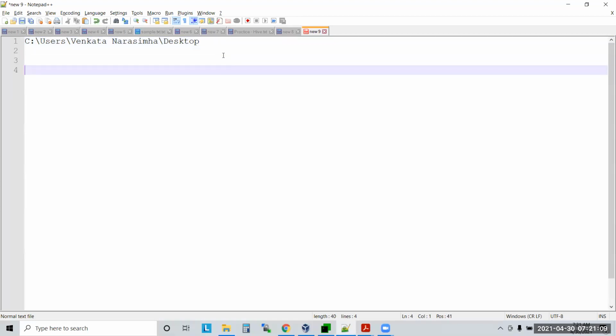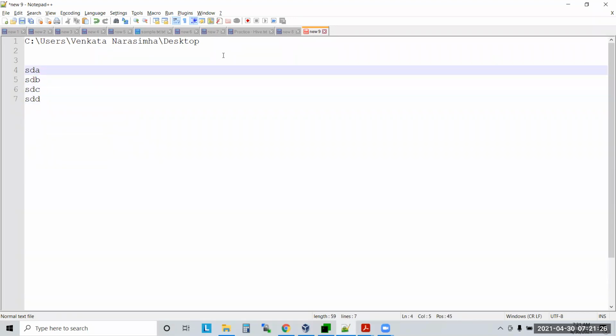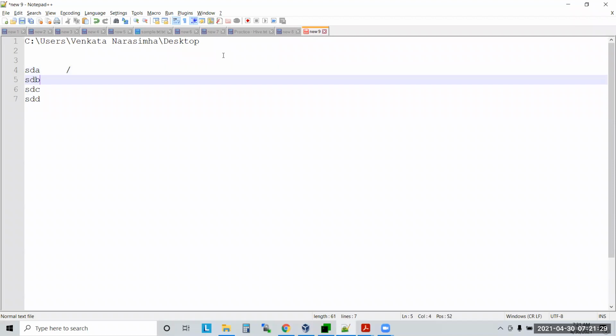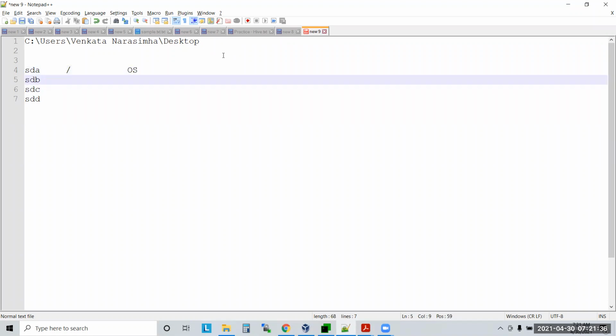But when you start your Linux, what is the location you will see? What is this slash, which is nothing but your SDA. What is slash actually? You have 4 hard disks in each machine: SDA, SDB, SDC, and SDD. So when I say slash, what is slash? It is the OS disk. But SDB, what is the starting point of SDB now? Is it slash or MNT disk 1? We pointed it like MNT disk 1.